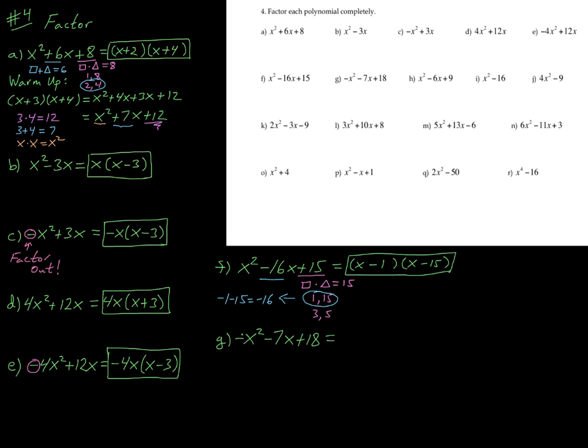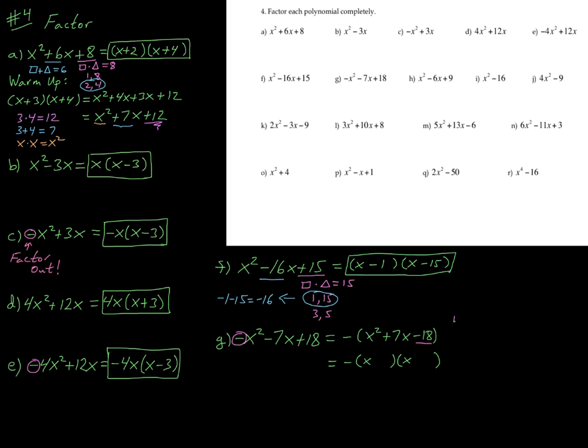Well, watch out for that lead negative there. I'm going to go ahead and factor that out to start. And that's going to leave us with x squared plus 7x minus 18. Okay, and now let's go ahead and play that same game with our trinomial inside the parentheses, where I'm just going to leave that negative I factored out from the very beginning just out in front. So I'm going to need an x and an x to build my x squared. Then I'm going to need to build